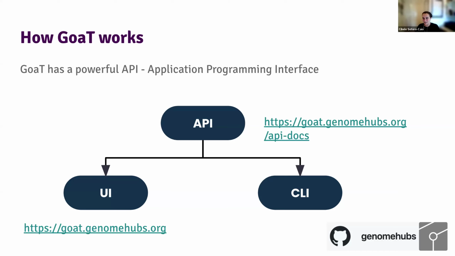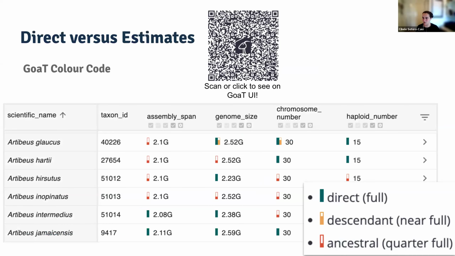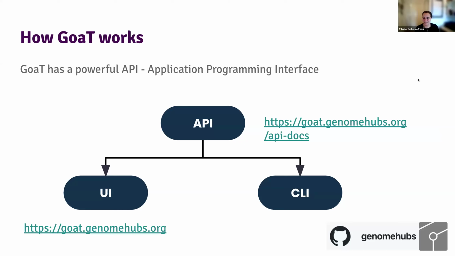So all of the data is behind the scenes. There are ways to get to it, but usually what you see on GOAT UI is just a summary of what is behind the scenes. So let's say that to get to this value, actually for the species, not for the subspecies, it just got this value from 15 different observations. All of the 15 sources will be here. You can expand using these arrows, but you'll see a bit later, I hope, or tomorrow.